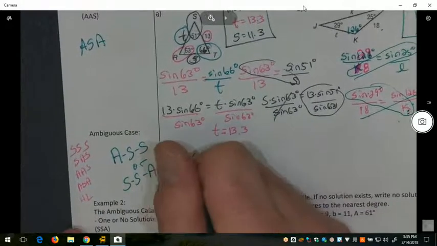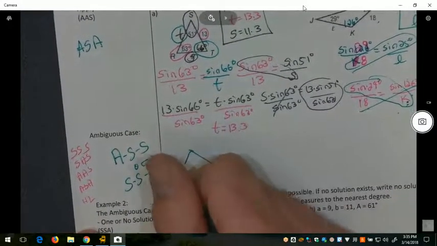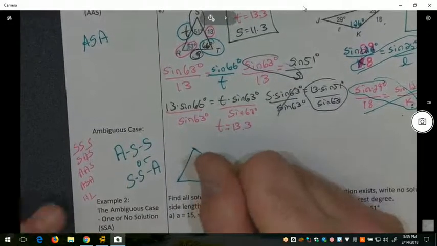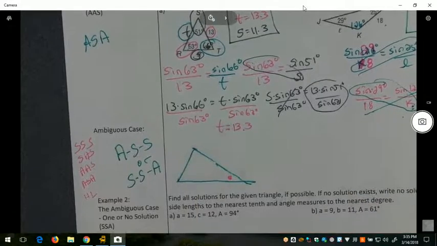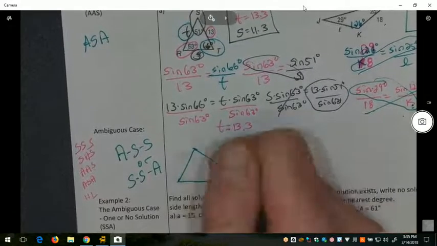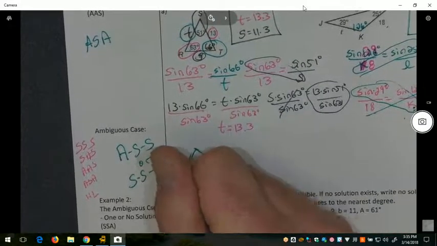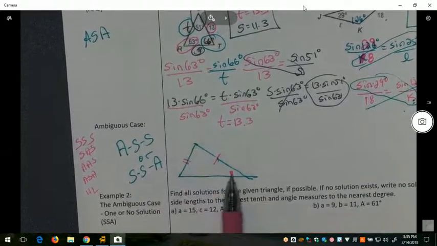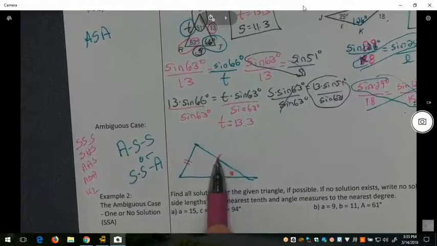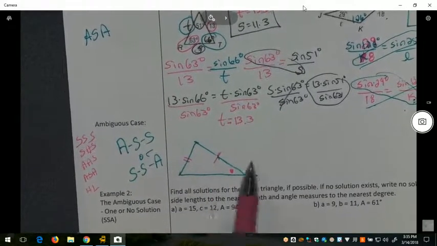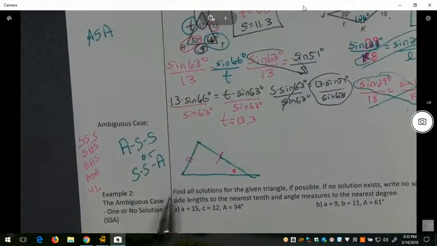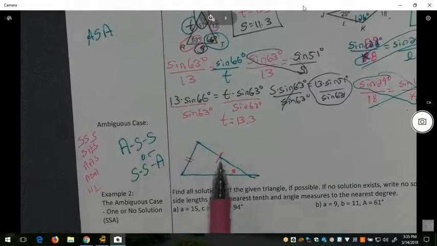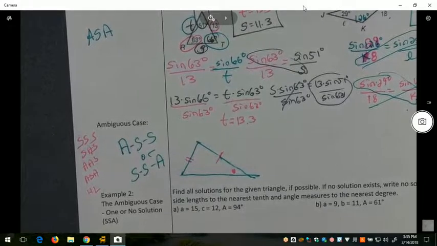And the reason why, and I'll draw a picture for you, this is the ambiguous case, was that if you had a known side right here, or a known angle, and then a side and another side, it was very possible that you could draw another triangle with that same angle, this same length side, and this same length side, that was not congruent to this one. I could draw another triangle exactly like this, and it would be congruent, but not by angle, side, side. And the reason being